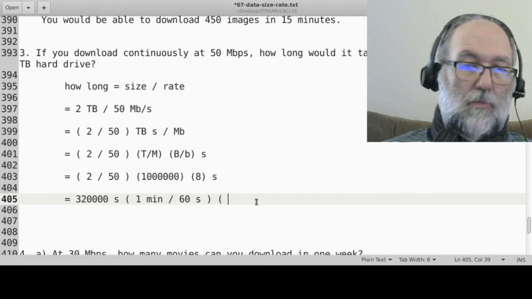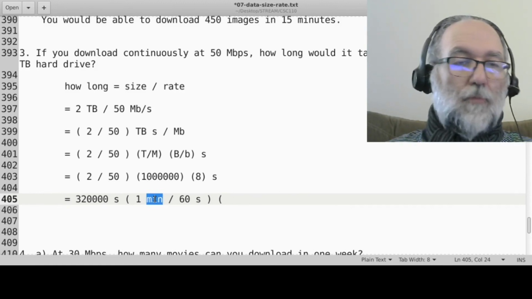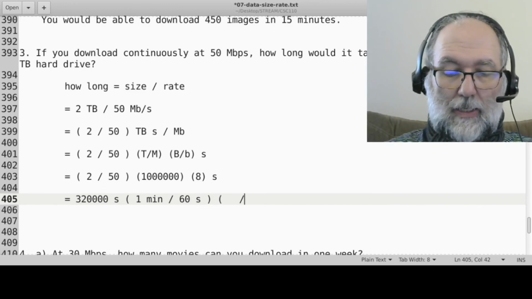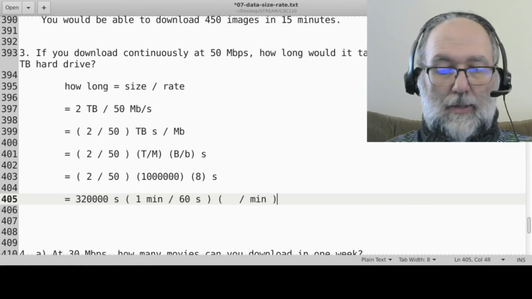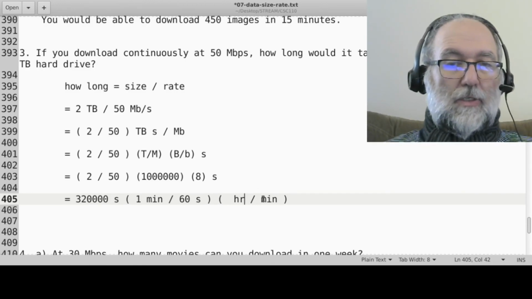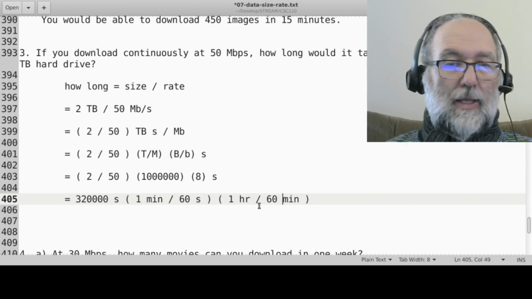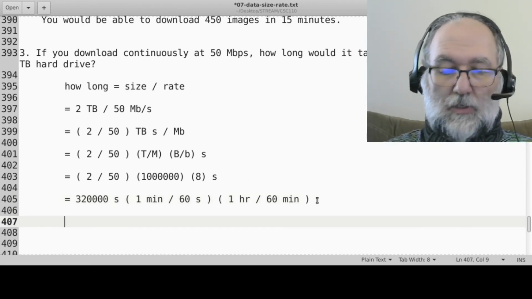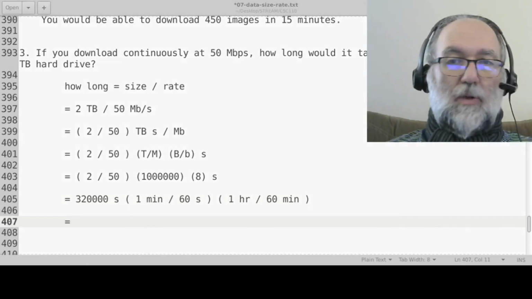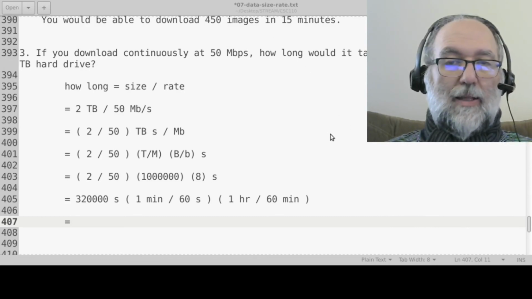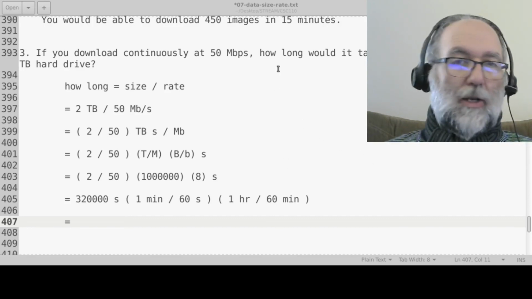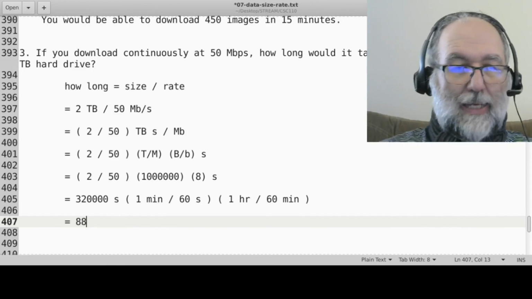And so, we got minutes here in the numerator, so we want minutes in the denominator. Okay. And then we'll be in hours like that. And so 1 hour is 60 minutes like that. And let's see what that turns out to. We might want to go one more step, but let's just see where we're at there. Divide that by 60, and yeah, we want to go one step further because this gives me